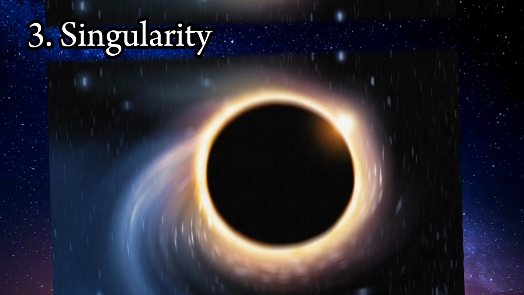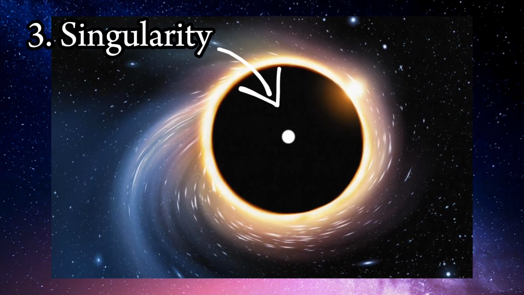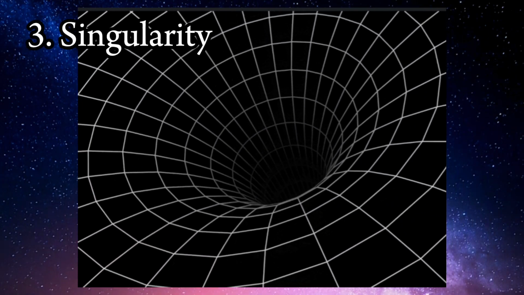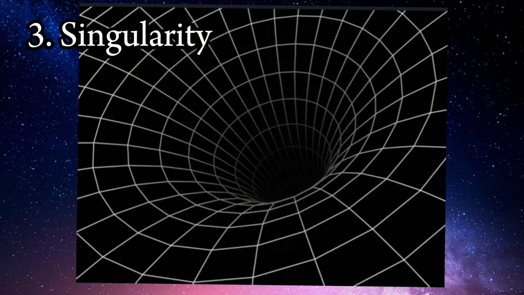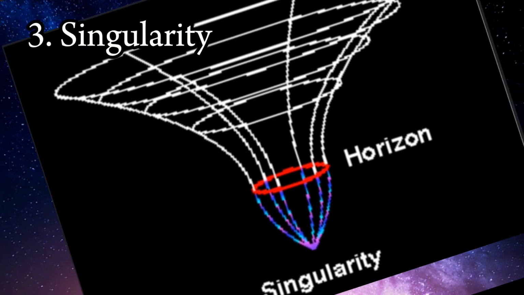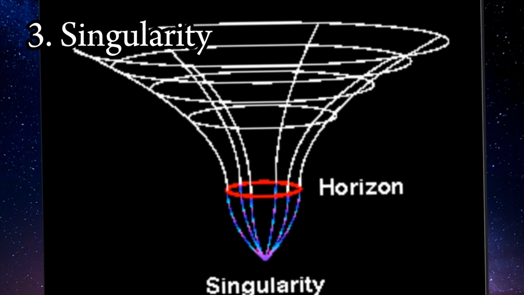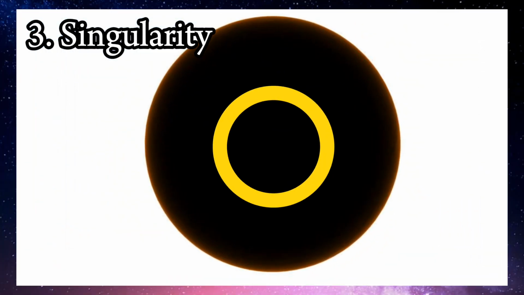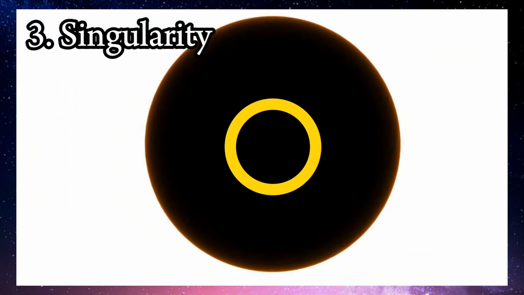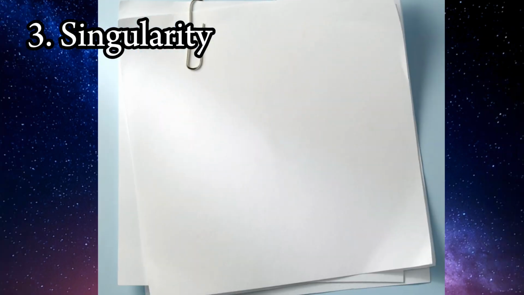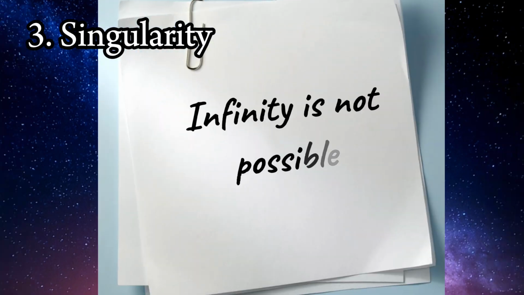The singularity is the very center of a black hole, where the density and curvature of spacetime are infinite. It's a point of zero volume and infinite density, where the laws of physics as we know them break down. The singularity is thought to be a point of infinite gravity. It's the point of ultimate collapse, where the matter and energy of a star are compressed into an infinitesimally small point. But according to fundamental physics, infinities cannot exist, so singularity is just another theory.